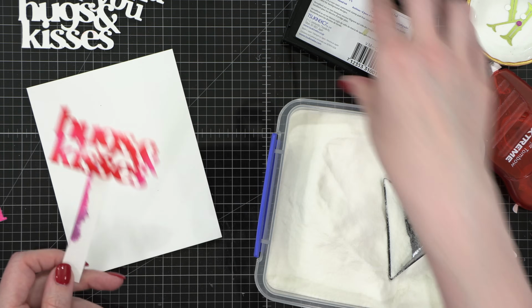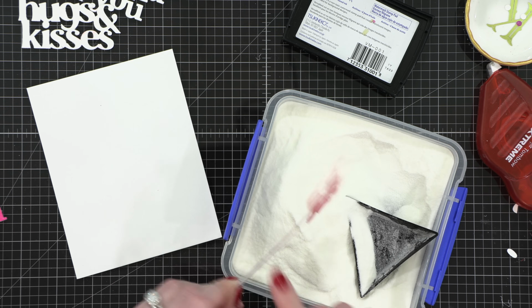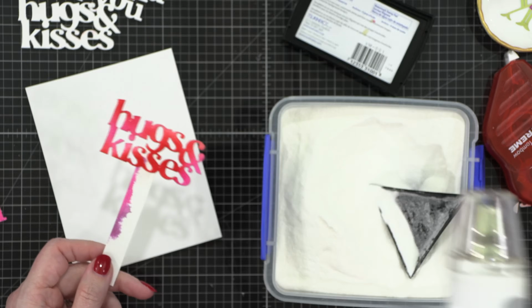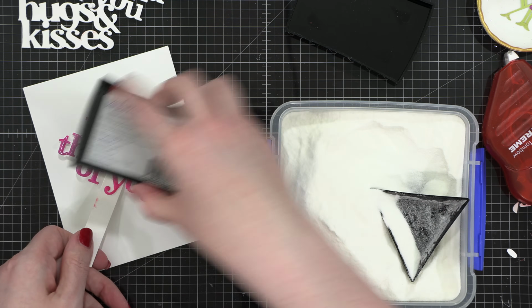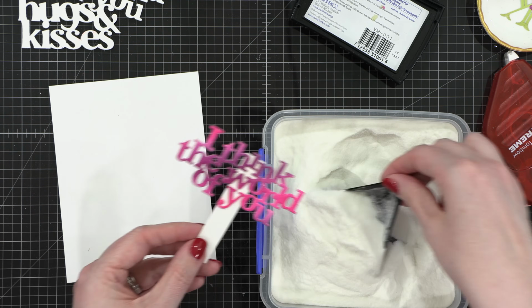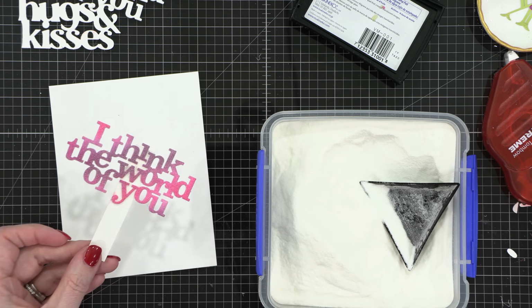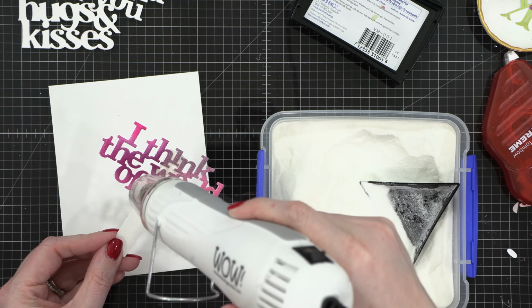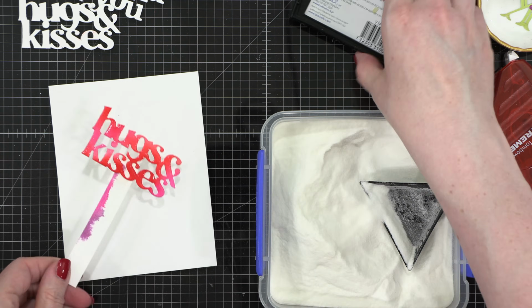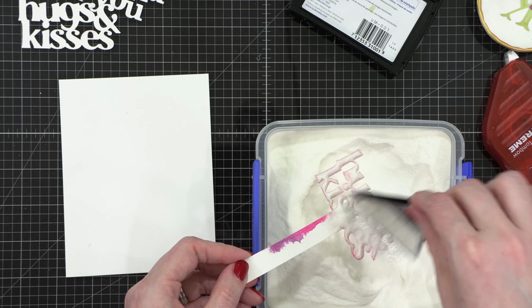I'm going to speed up the video footage here so you can see the process, but essentially I'm going to do 4 coats of embossing powder. Clear embossing powder looks great like this, and it gives a really glossy effect over whatever's underneath. This is a really fun thing to do for greetings or die cuts or anything that you really want to have a glossy effect. You can get somewhat of the same look, or almost practically the same look really, by